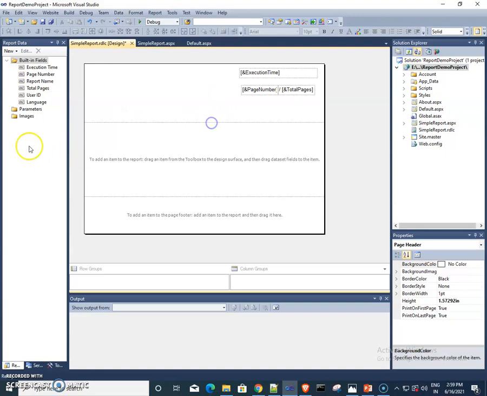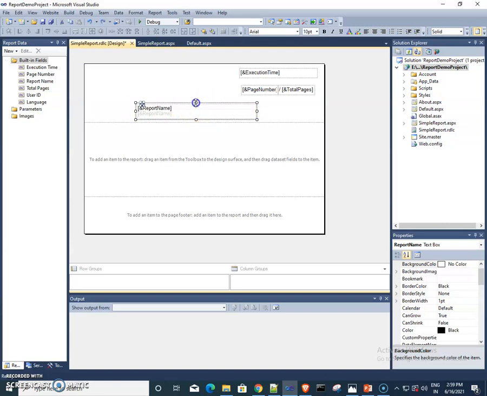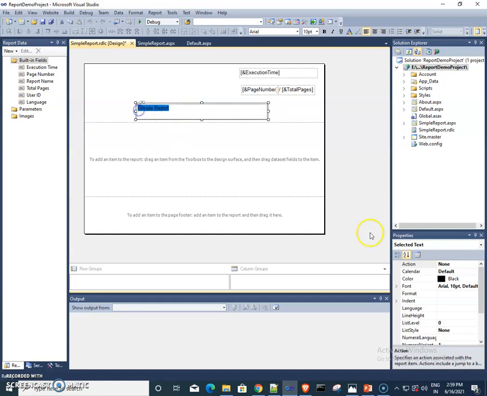Then I can give the report name, whatever report name you want, give it here. I'm giving a sample or demo name, like simple report. Here you can edit the simple report text. In this you can change the font.